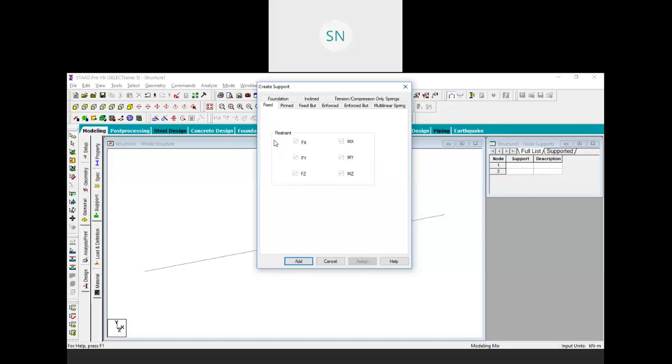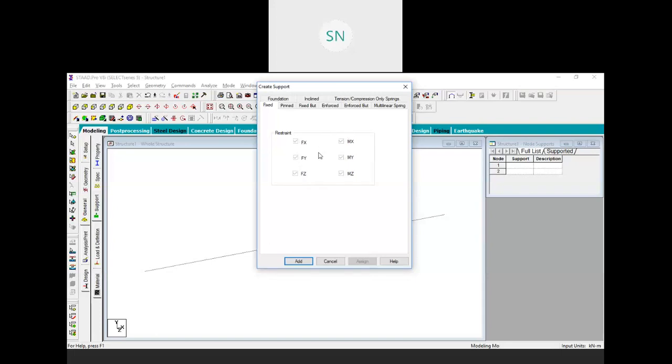So over here you can see that all these 6 freedoms are restricted: 3 translations and 3 movements: fx, fy, fz, mx, my, mz. So force in x, force in y, and force in z, movement in x, movement in y, and movement in z, right? So all these 6 freedoms are restricted.